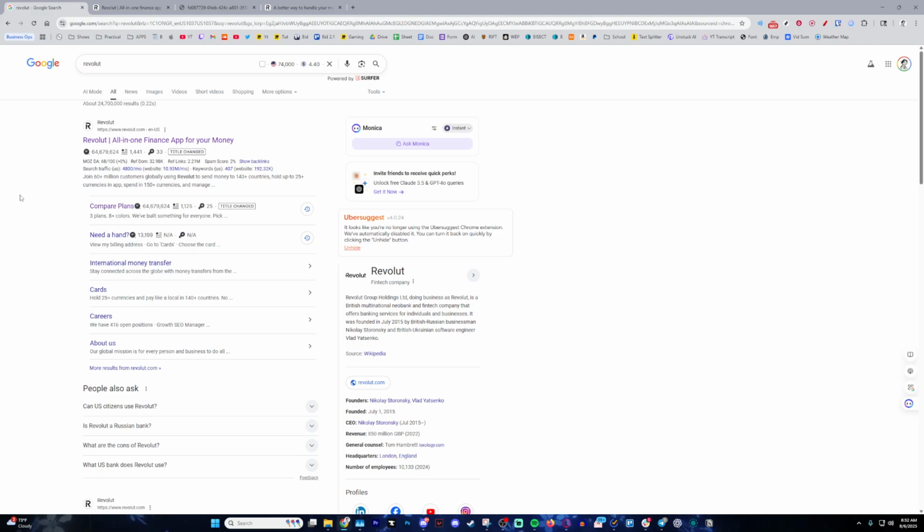Today I'm going to teach you how to trade using Revolut, as it's a feature that a lot of people don't really know about because most of the people are here for the virtual cards. But what you're going to want to do is search up Revolut just like this and go ahead and click